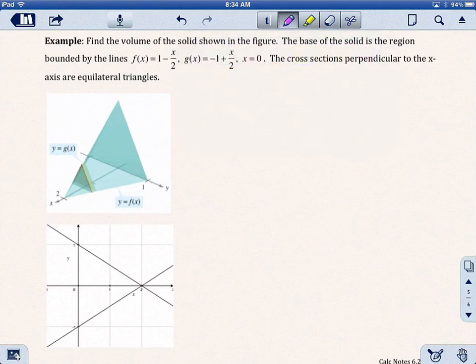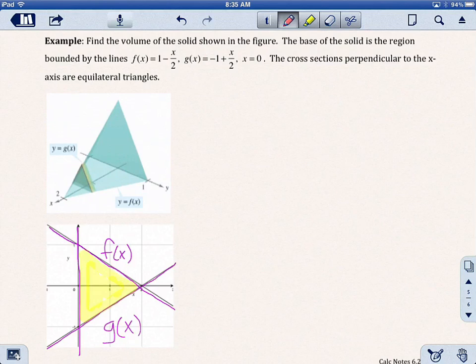Okay, so let's figure out what's going on here. Here is the function 1 minus x over 2. So this one is f of x. This function here is negative 1 plus x over 2. So here's g of x. And then here's the line x equals 0. Okay, so here is the base